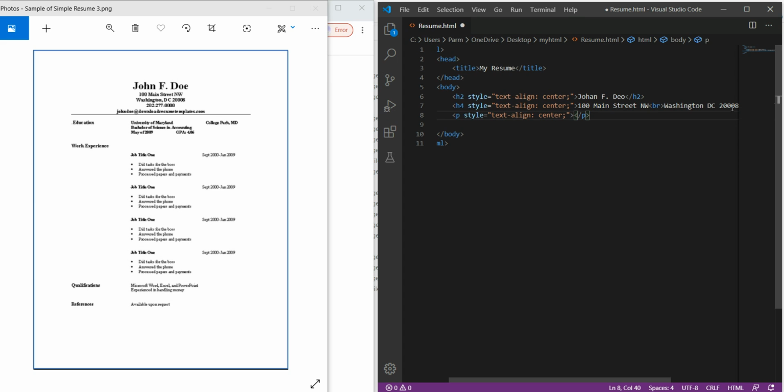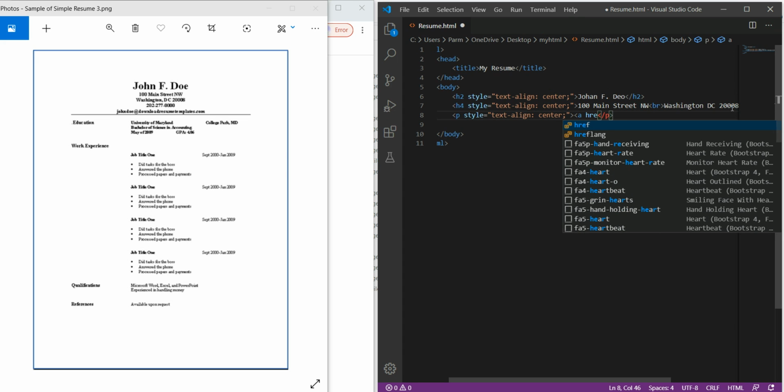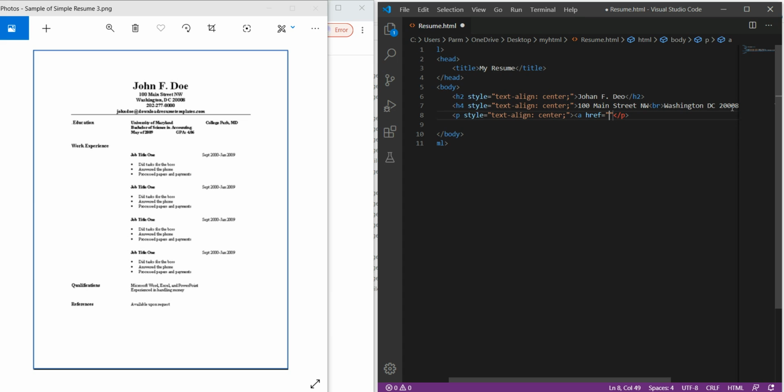Now an email address is always of link type. If we click on this, we can directly mail to this particular email address. For that we have to use the anchor element, and here we use the hyperlink reference, href, and here we type the URL type as mailto.